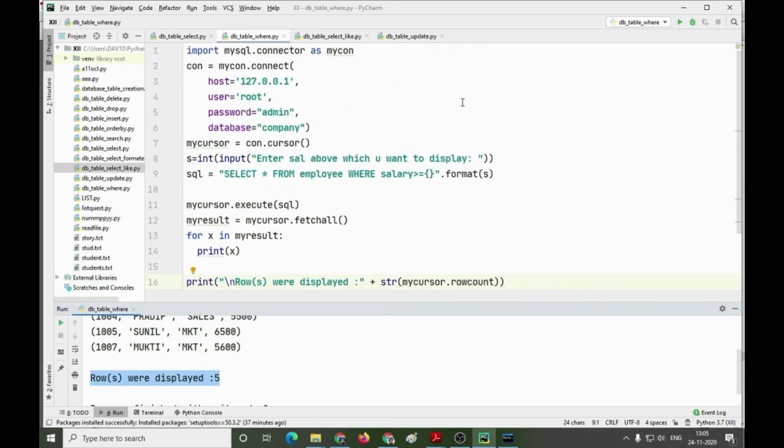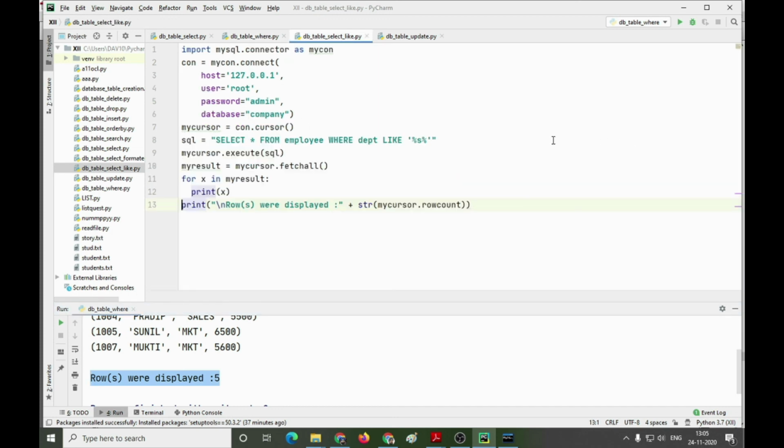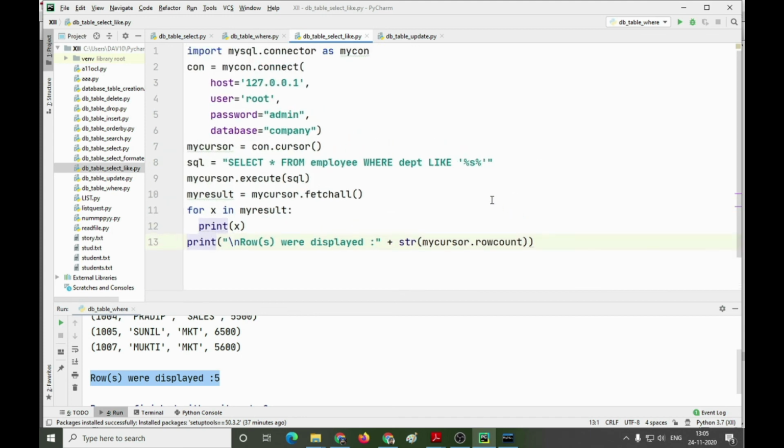Next, let us see how we can execute the LIKE clause. Suppose I want to display the details of all the employees whose department is like %s%.